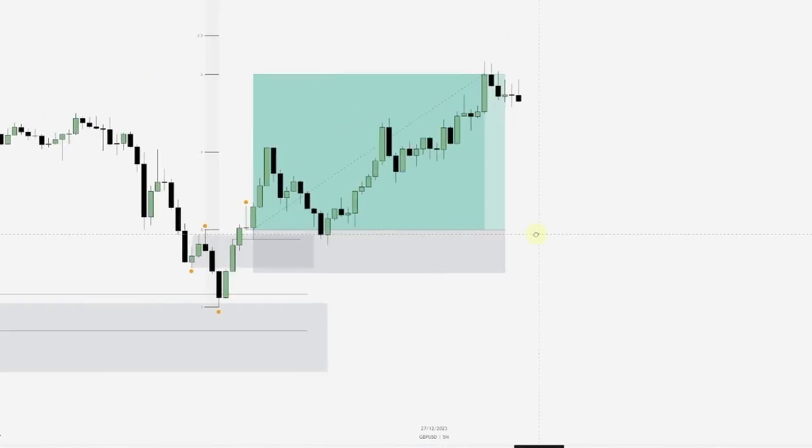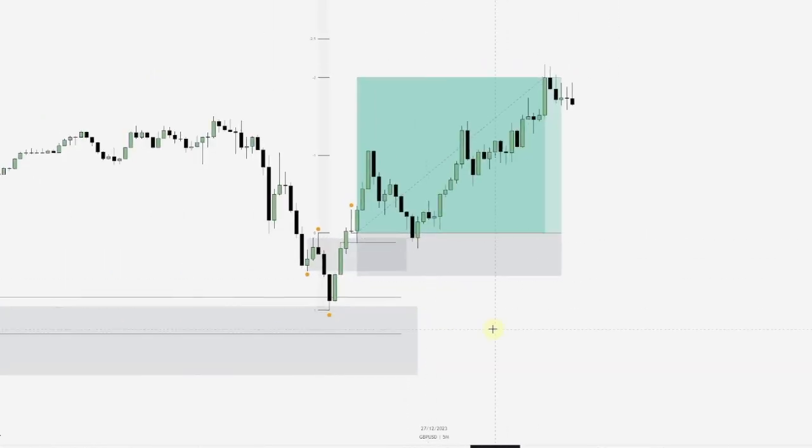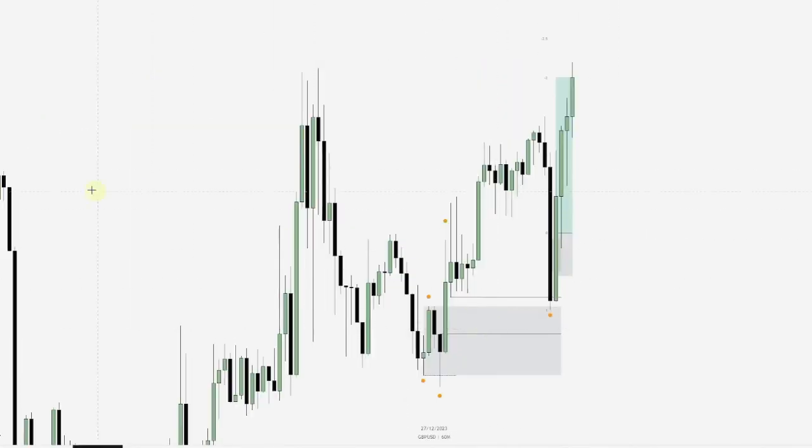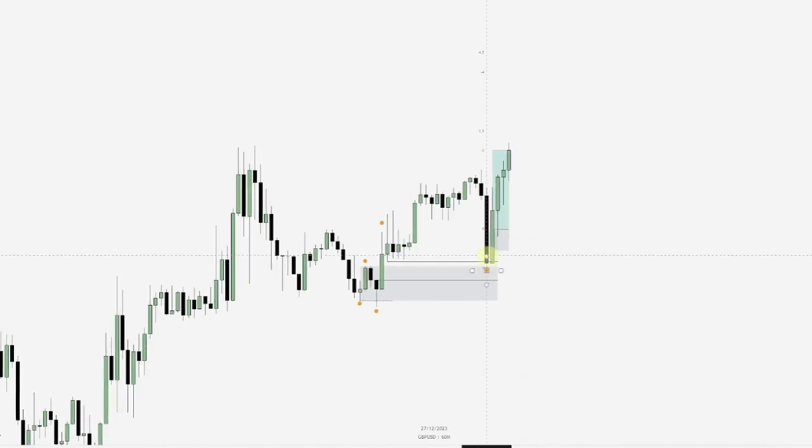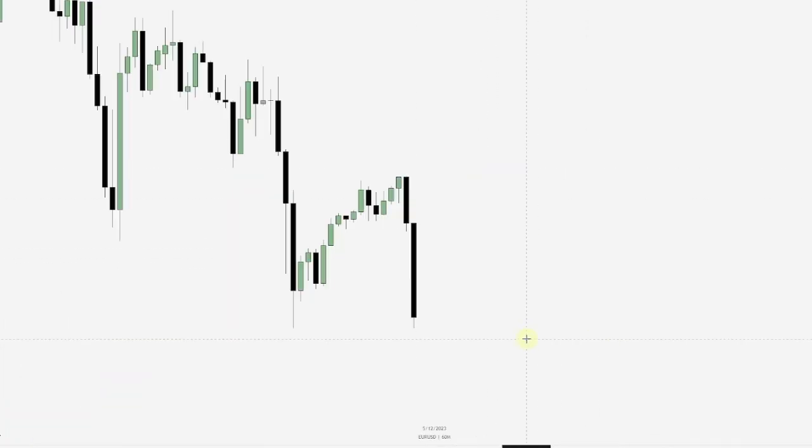And there we hit our take profit. So you saw this example prior, but zooming back out to the hourly chart, now you can see the context of why I'd be looking for a trade here. We had a higher time frame PD array, and simply put, we're moving from internal liquidity to external liquidity on the hourly time frame. In this next example, we'll be taking a look at a unicorn model on the hourly